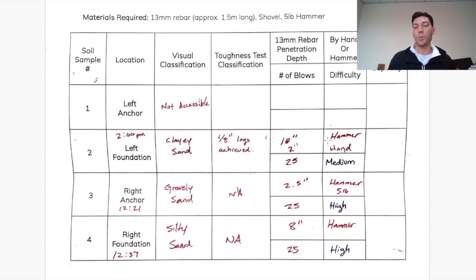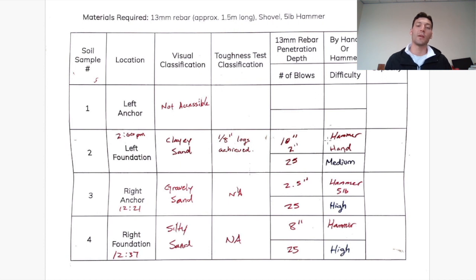But from this test, we can relate the data that we collect here to something that we're familiar with: SPT N values and allowable bearing capacities and friction angles and so on. But the 13 millimeter rebar test is simply, again, pushing a rebar by hand or striking it with a hammer 25 times,